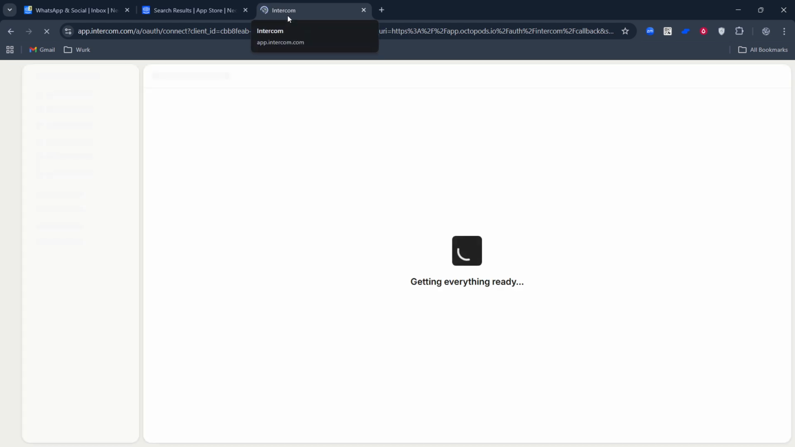Now it's time to choose which Slack channels should receive Intercom updates. Click Add Channels. You can select public channels for team-wide visibility or private channels if you want to limit who sees customer conversations. For private channels in particular, Slack often requires that the Intercom app be invited before it can